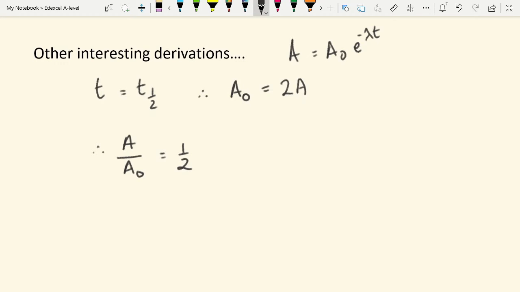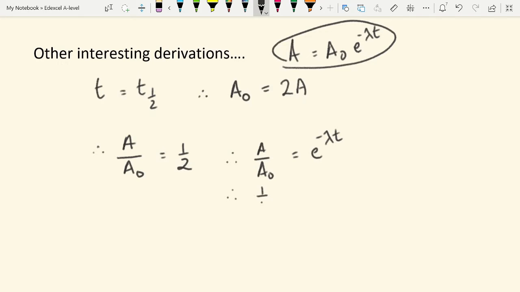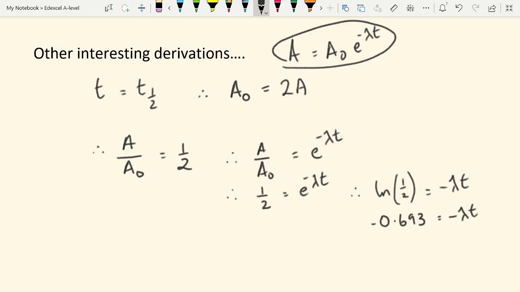So we can take our equation up here, and we can say, okay, A over A0 is equal to e to the power of minus lambda t. But we know that A over A0 is equal to a half, so a half is equal to e to the power of minus lambda t. If we now log this, we would say, all right, ln a half is equal to minus lambda t. And ln a half is equal to minus 0.693, minus lambda t. So therefore,